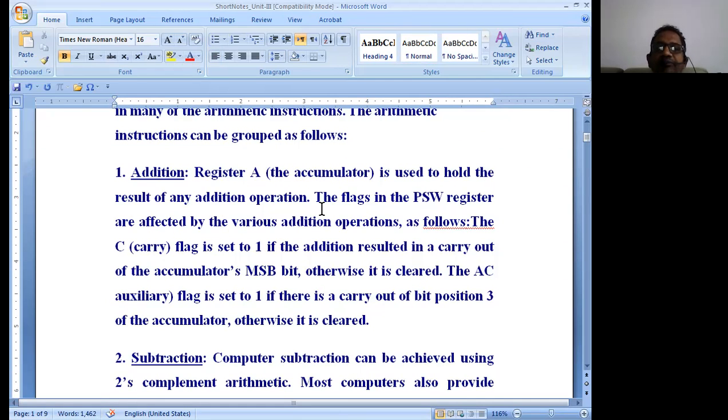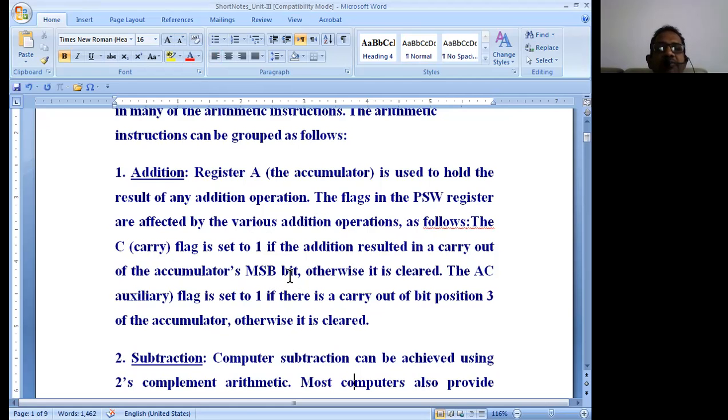The flags in the PSW register are affected by various addition operations. The carry flag is simply going to get affected because of the addition operation. What is the meaning of the carry flag being set to 1? It is set to 1 if the addition resulted in a carry out of the accumulator MSB bit.